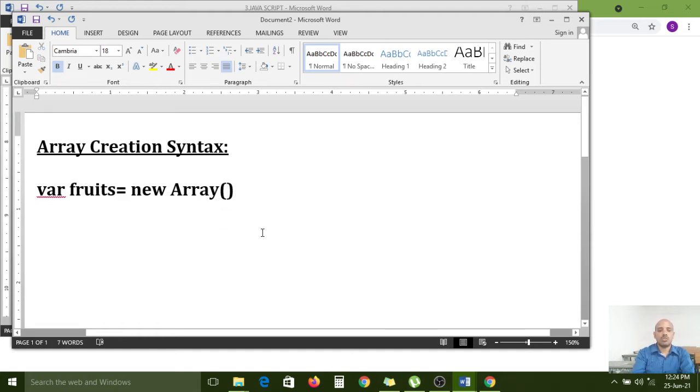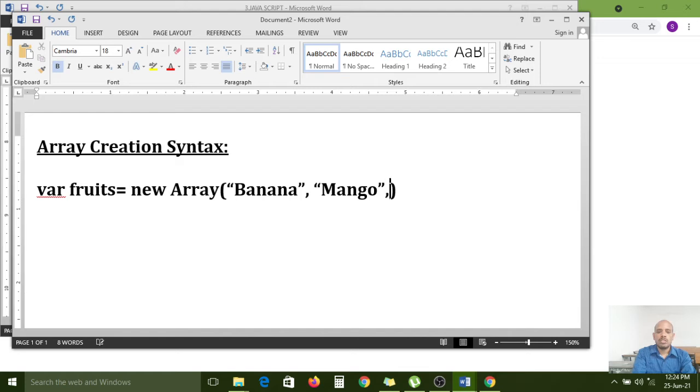Now I want to store the values. Between the brackets of the Array object, open quotes and close quotes. Here I have stored banana, then a comma, and again open quotes. Mango is one of the fruits. Close the quotes. Now a comma, then open the quotes: oranges.